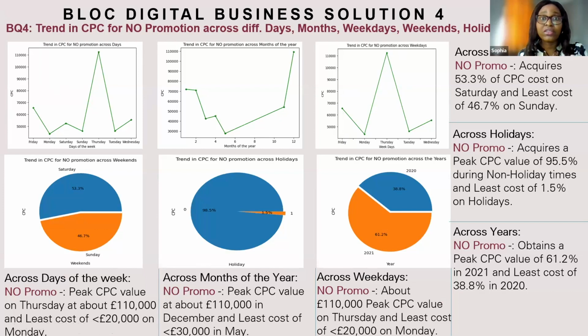So both across days, across months, weekdays, weekends, during the holiday period, what happens during holiday, and what happens across different years. So we're just working with 2020 and 2021. So across these 2 years, what happened? What's the peak value? What's your CPC value when there is no promotion, during the day, across months, during the weekdays, weekends, holiday, and